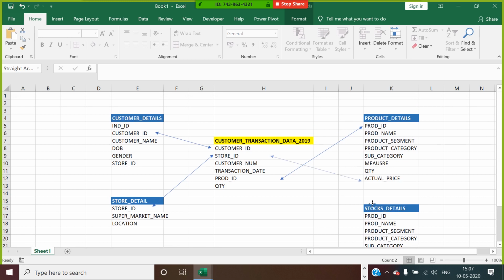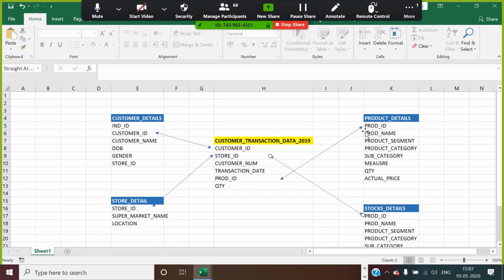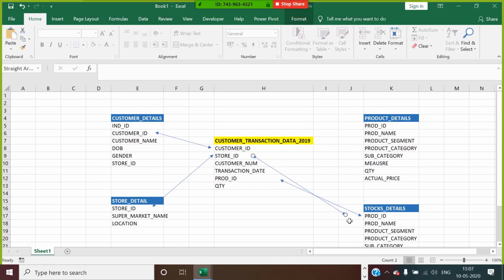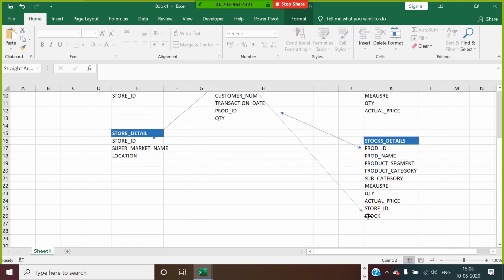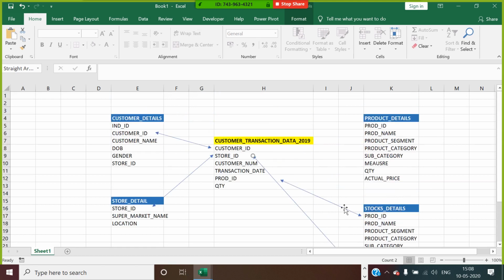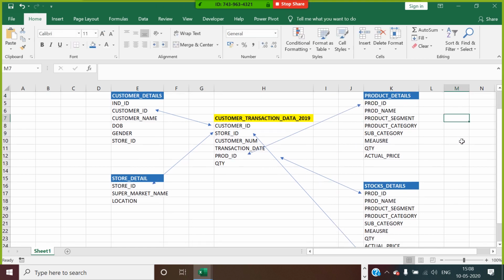You need to map product to product ID and store ID to store ID here, to get your complete information. This is how, guys, you need to make a relationship between your tables, right? So how will you go for making this relationship in your Excel file to design the data model? So this is what we'll do now.